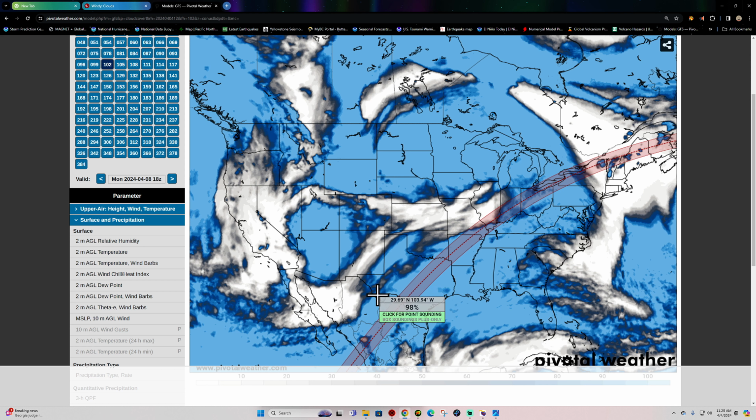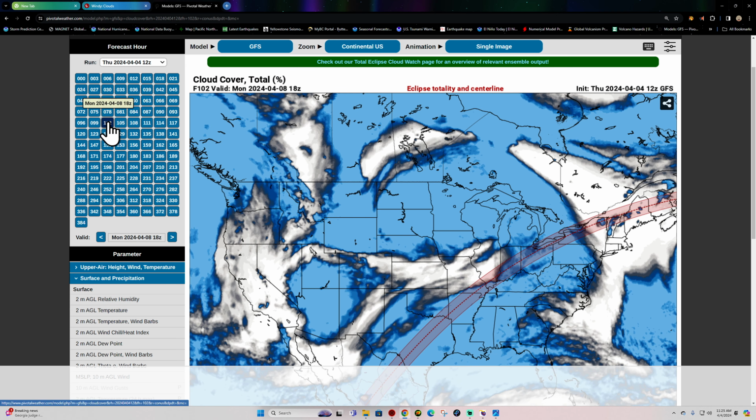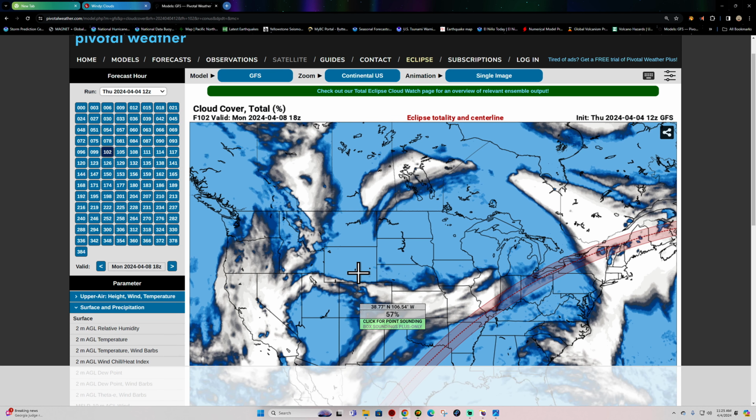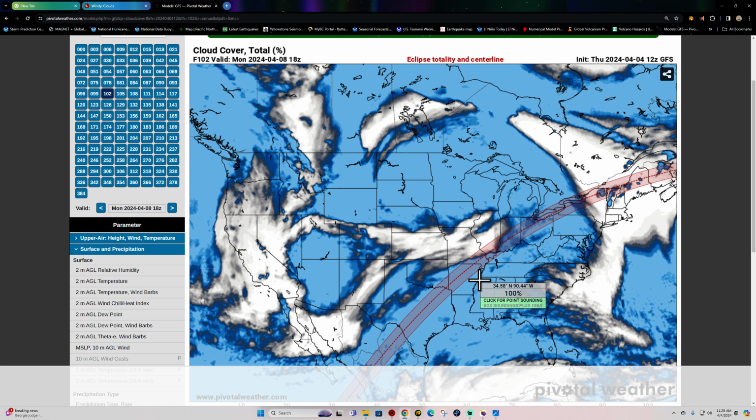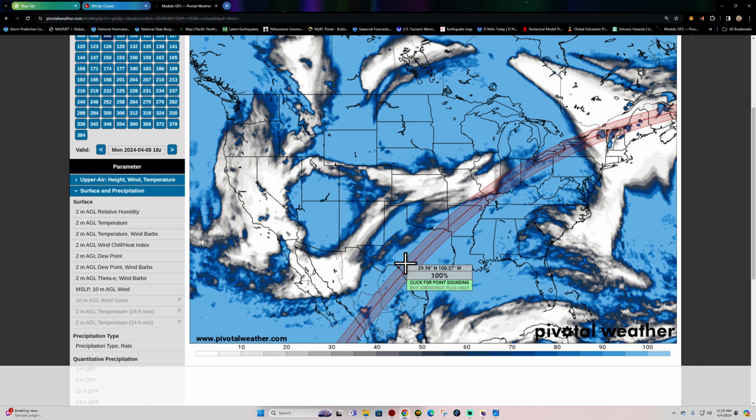Want to cover the potential cloud cover obscuring the totality this Monday. We're roughly about 100 hours out. This is the 102-hour map range, set for right about totality time, Monday, April 8th. Here is the GFS model showing still quite a bit of consistency in the cloud coverage across the majority of the totality line, and that includes areas well up north as well.